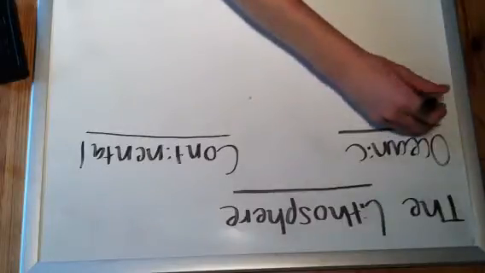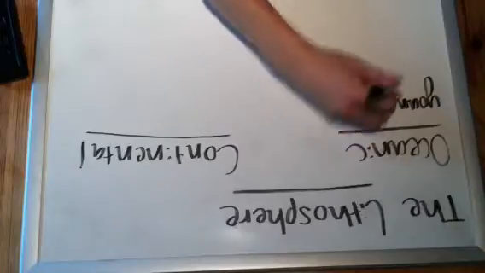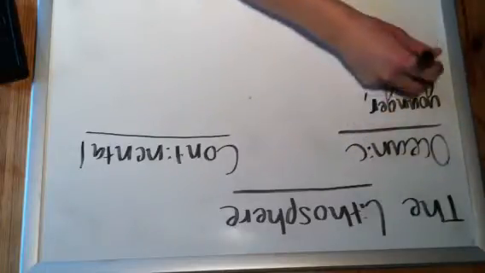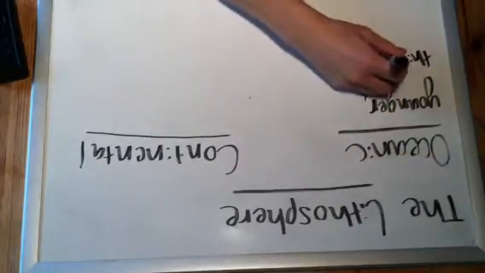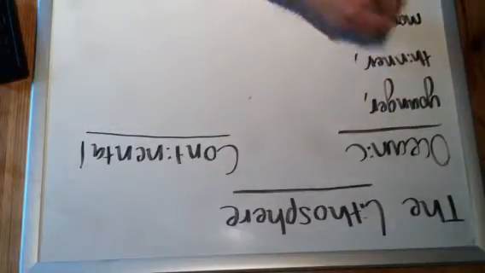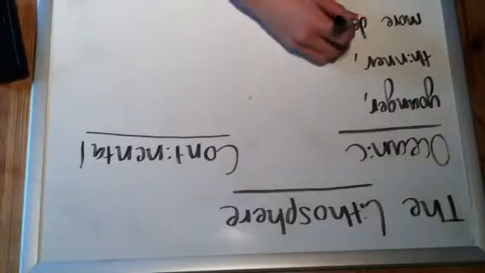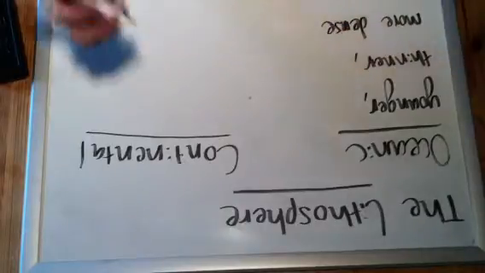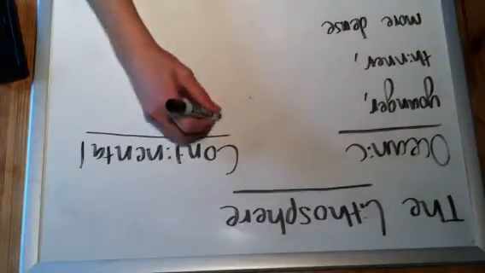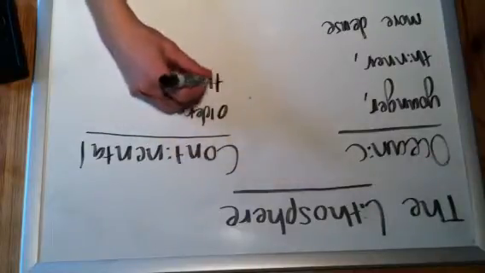Oceanic lithosphere is, of course, younger, thinner, and slightly more dense, by about 0.2 grams per centimeter cubed or something like that. It's not much, but it does make a difference. More dense. Continental lithosphere is older, thicker,